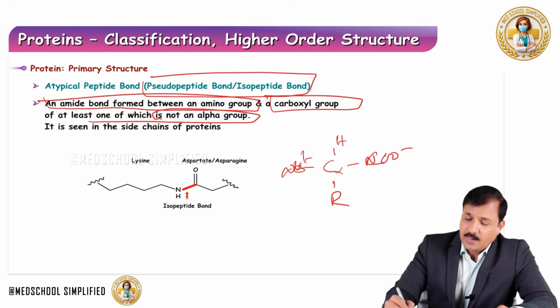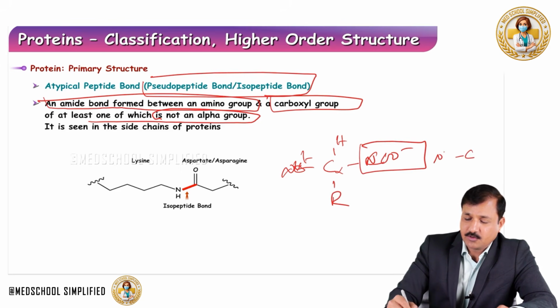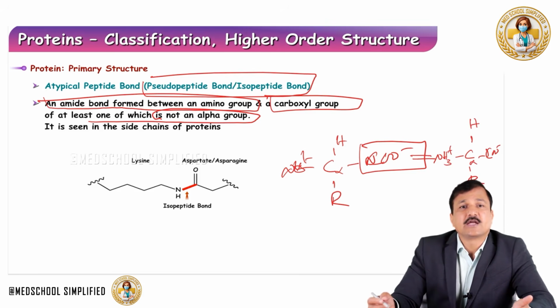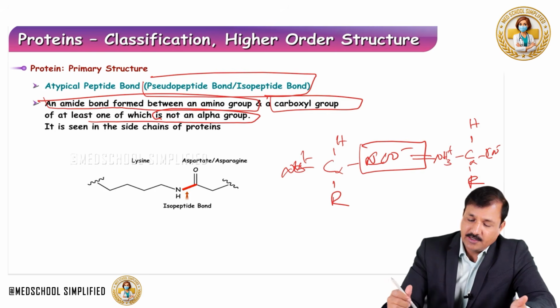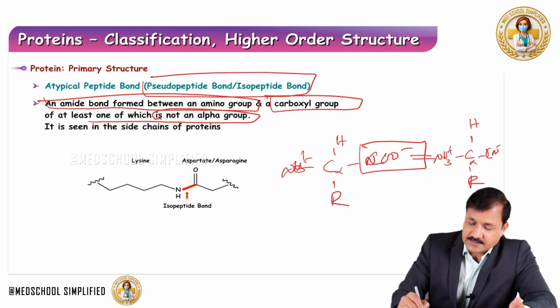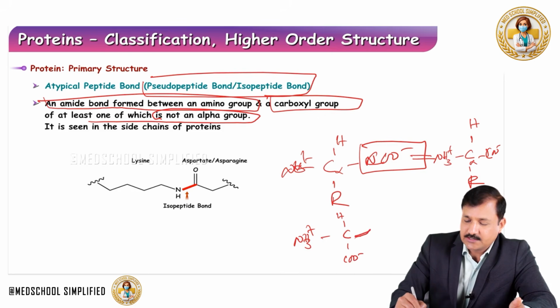Now, if this particular carboxyl group, instead of interacting with another amino group attached to the alpha carbon, so this is the alpha carbon, COO minus, H and R, if these two interact, that's a normal peptide bond. Now, instead of that, if I write something like this: alpha carbon, H, amino group, primary carboxyl group, and then in the side chain I will write CH2, CH, C double bond O, and